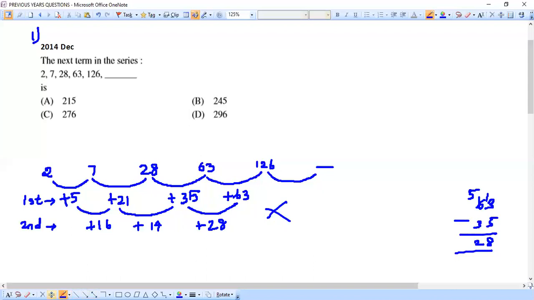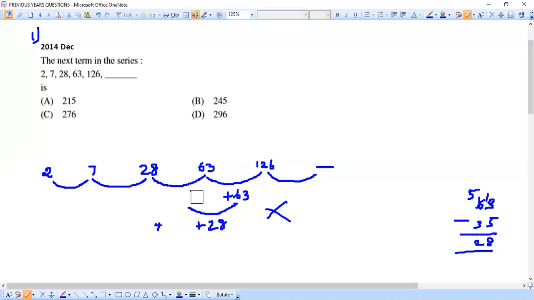Next is we obviously try with multiplication, is it or not? So before we try with multiplication, let me do a small thing. I will just erase these things, so that we'll be getting more space, and also we'll not be having any confusions. Just give me a moment so that I can erase all these things, because we observed that we are not able to find a proper pattern.